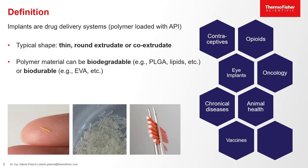And usually these biodurable implants also allow longer release profiles as well as the application of flexible polymers with mechanical advantages. And usually, of course, these implants are used for subcutaneous treatments for several medication purposes and is indicated here on the right side of the slide. So just to name a few, they can be used as contraceptives, as eye implants, or for the treatment of